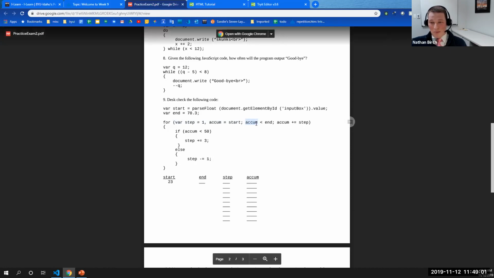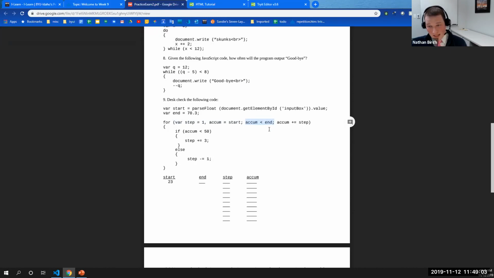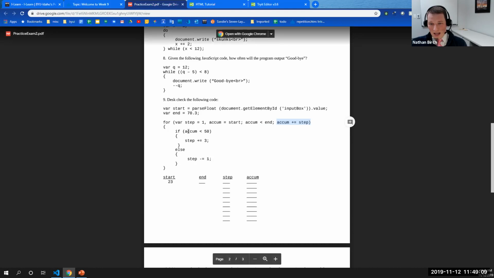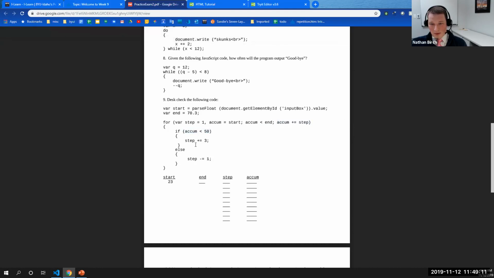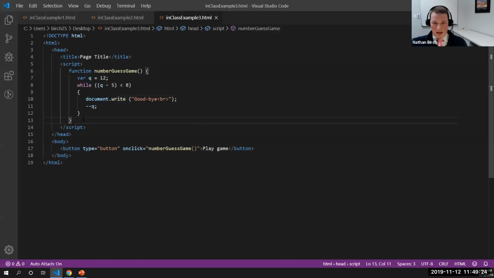And then we have our Boolean condition, while acum is less than end, and then how we're going to change our loop, acum plus equals step. All right, if acum is less than 50, step plus equals 3, else step minus equals 1. All right, you guys can totally think through this if you want to. That's awesome. What I'm going to do instead, because I'm lazy, I'm going to grab this code, and I'm going to put it into my text editor,